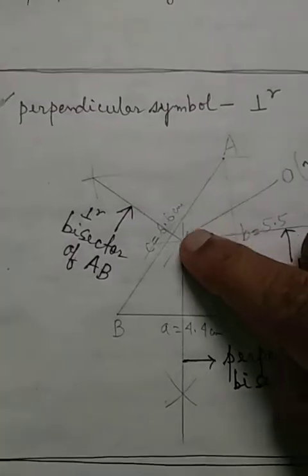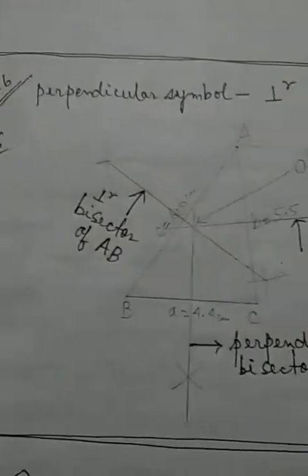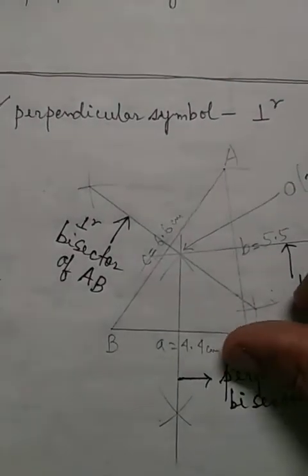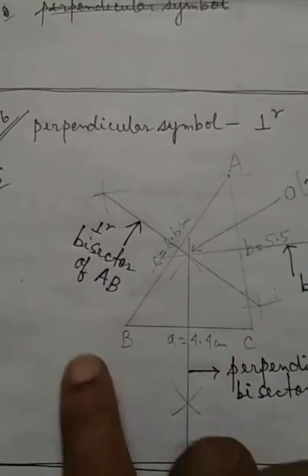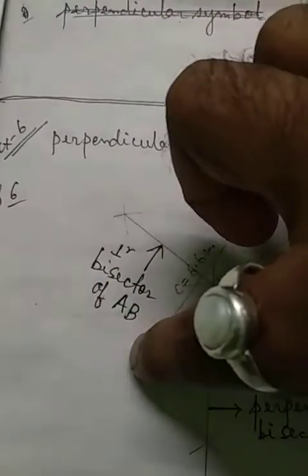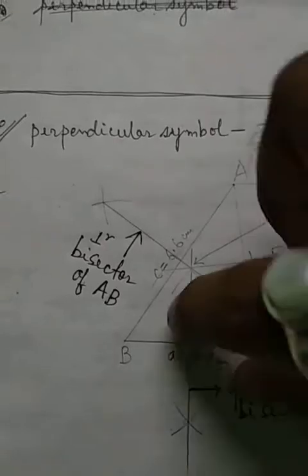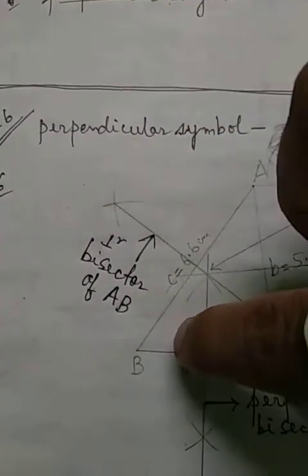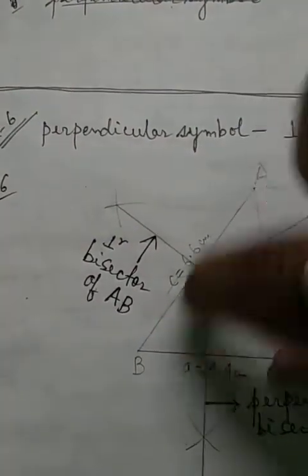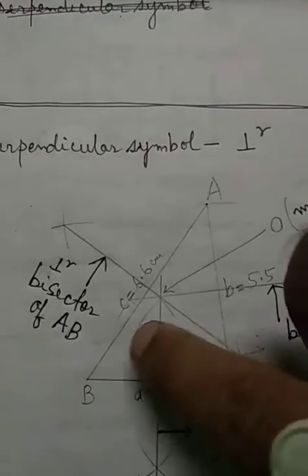Now how will you get the perpendicular bisector of any given line or side of a triangle? You start from the vertex C, or you can start from the point B also. From any point you can start. Let's say I start from the point C. The full length of the line, I know, is 4.4. Take the arc a little lower than the full length. And from the point C, children, you have to cut once above the line.